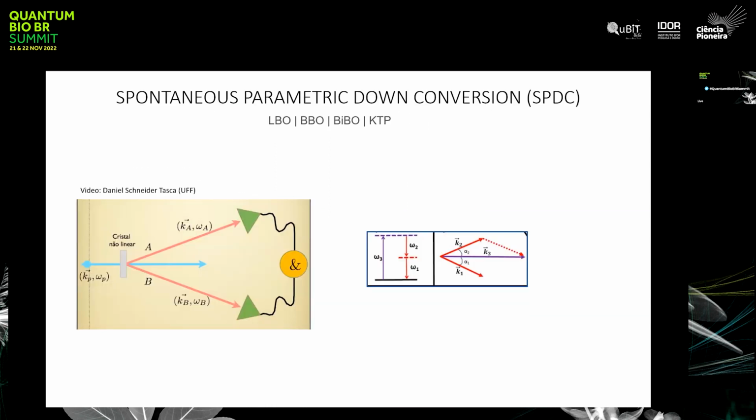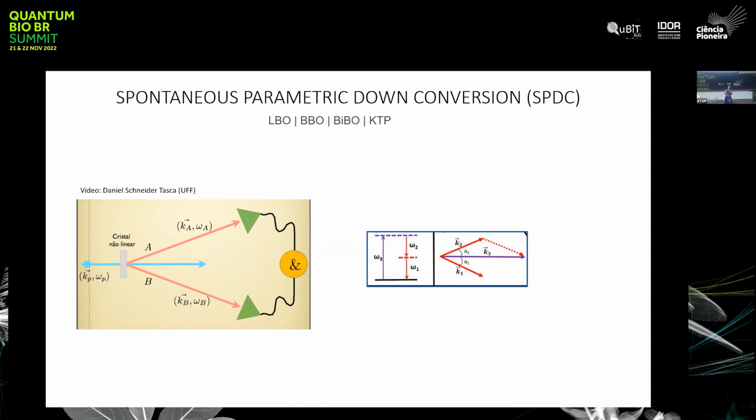So the idea is that, well, this was supposed to be a little animation, but basically, for each photon coming from the pump, we have a very small, 10 to the minus 14, probability of producing a pair. And the system is such that there are always pairs. So when you see one of them in one detector, you know that there should be another photon in the other detector. That's the basic principle. And when you check for them together, we call that coincidence imaging or post-selection.